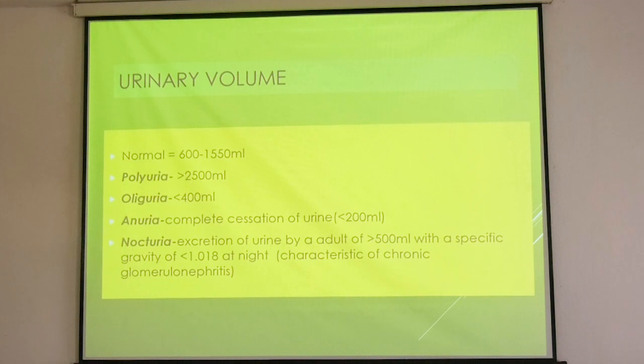So what is the normal volume of urine per day? It is around 1 to 2 liters. So what is polyuria? More than 2.5 liters. What is oliguria? Less than